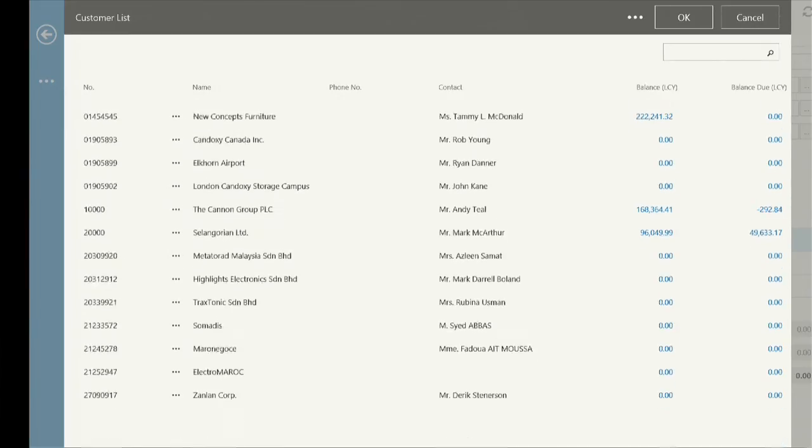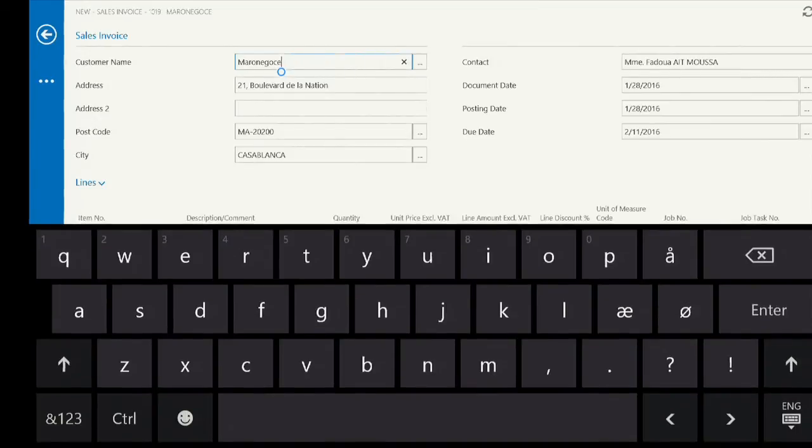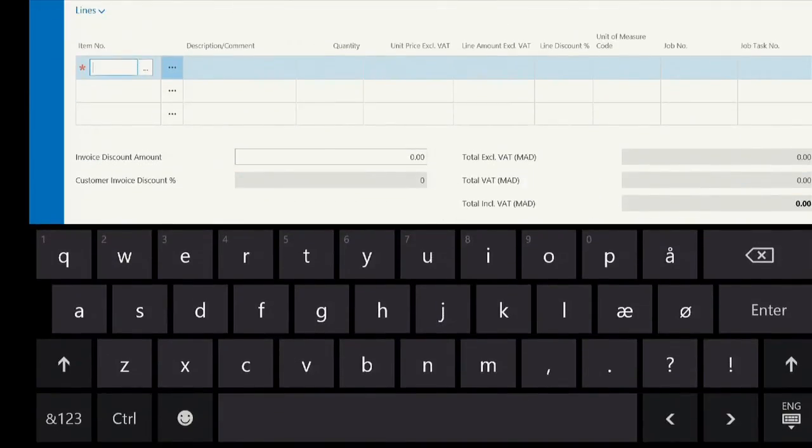And like Vincent showed you earlier, continuous scrolling works here as well. So I will pick the exemplary customer. As you can see now, the mandatory field indicator is gone. And when I go to the item number and type,